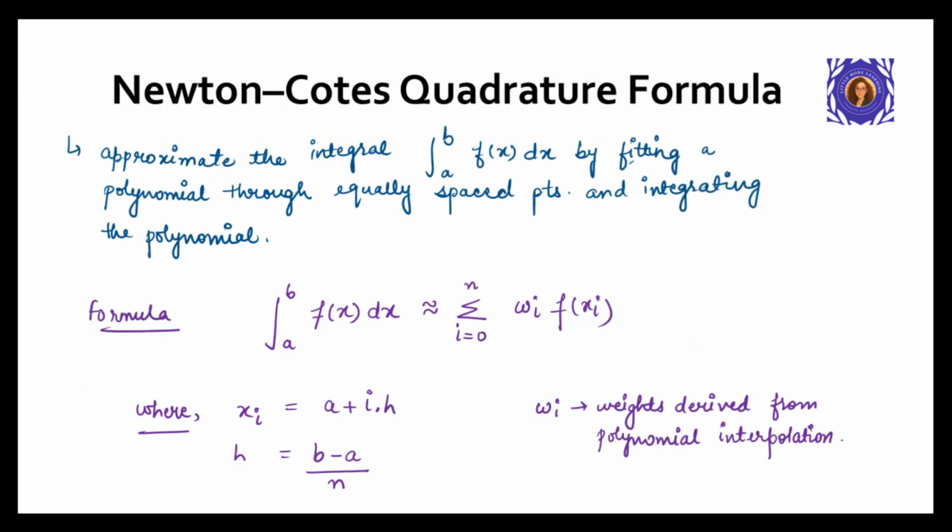Let's start with the Newton-Cotes formulas, which form the base of most numerical integration techniques. The idea is simple. We approximate the function by a polynomial using interpolation, and then integrate the polynomial instead. We divide the interval [a, b] into equal subintervals and apply weights to function values at equally spaced points. It's like drawing straight or curved lines under your graph and calculating the area. This gives rise to well-known methods like the trapezoidal rule and Simpson's rules.